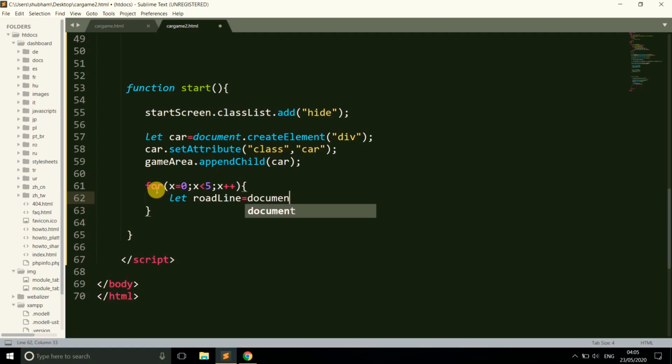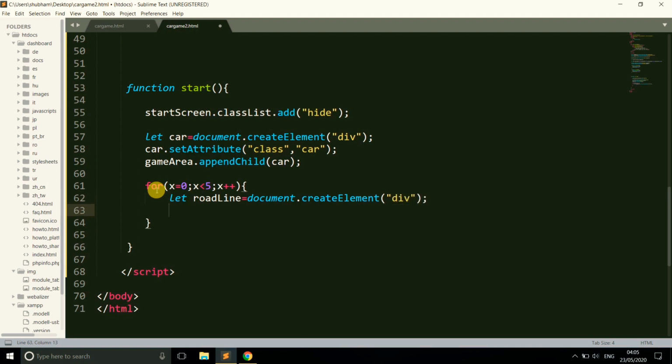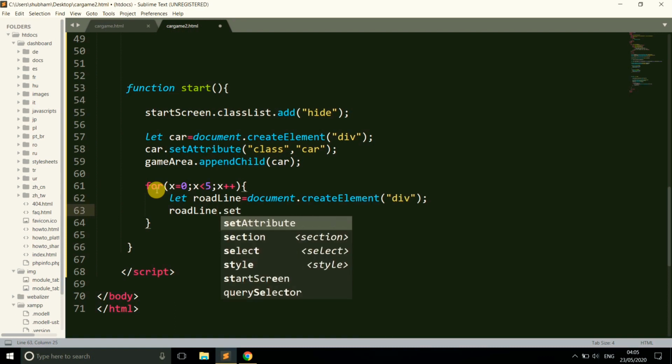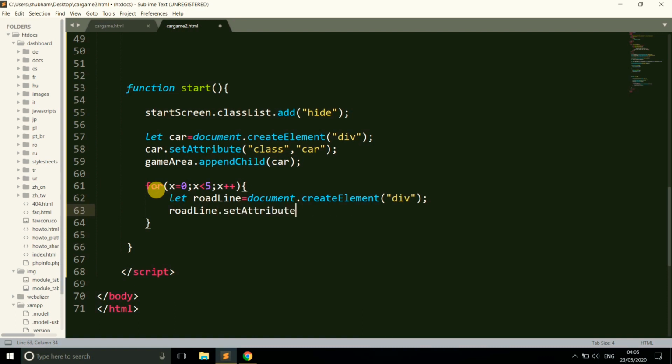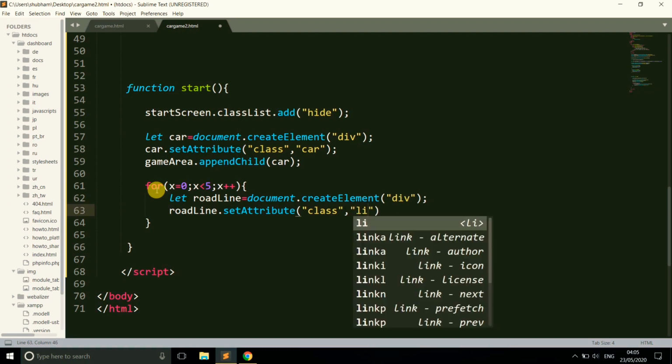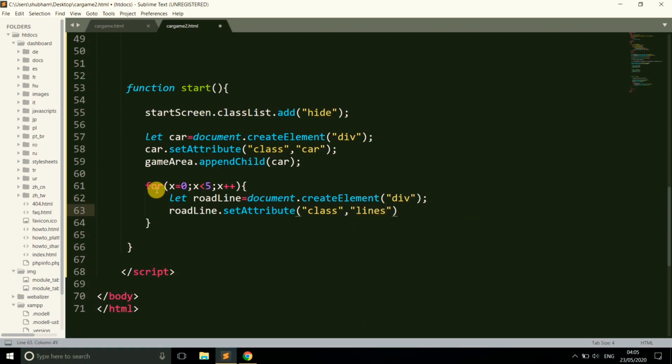So let roadLine equal document.createElement div, like we created the car. Then roadLine.setAttribute class, and we give this div the class which is line.